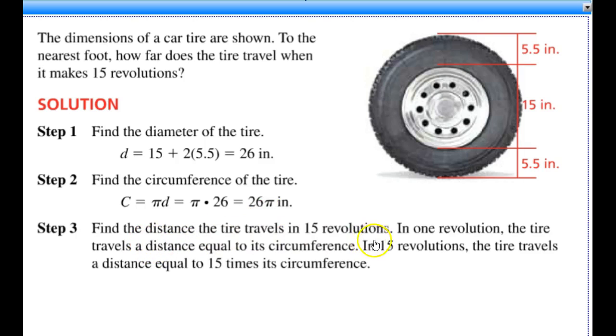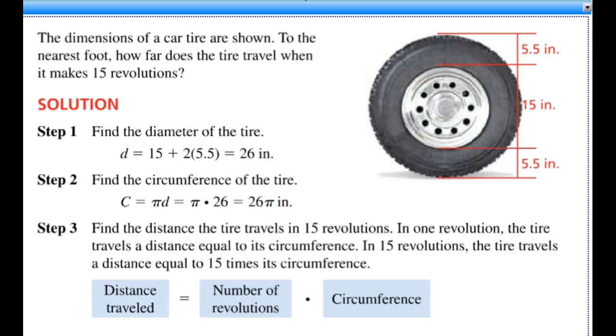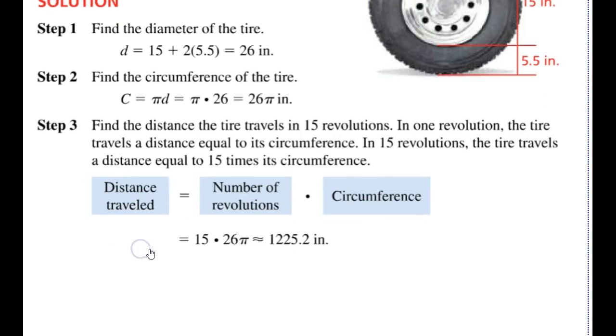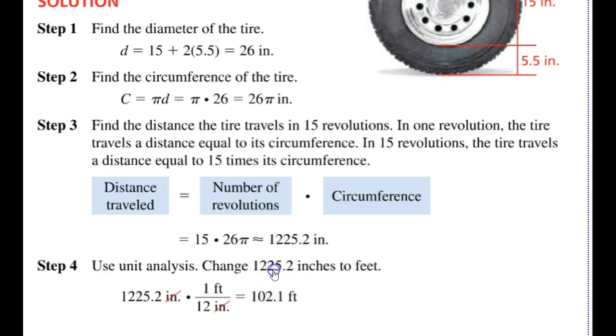Now I know that I'm dealing with 15 revolutions. In one revolution, my tire travels a distance equal to that circumference. So I'm going to multiply my circumference times 15 to give me the total distance traveled, which is approximately 1,225.2 inches. Then I can change it to feet,